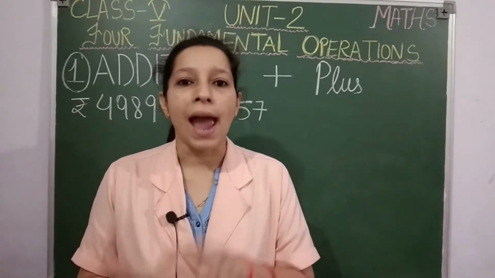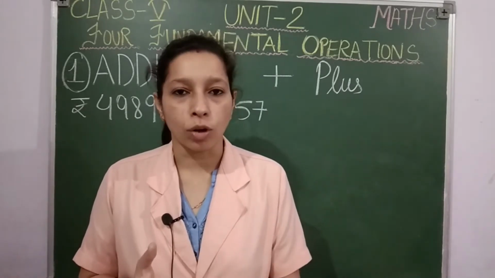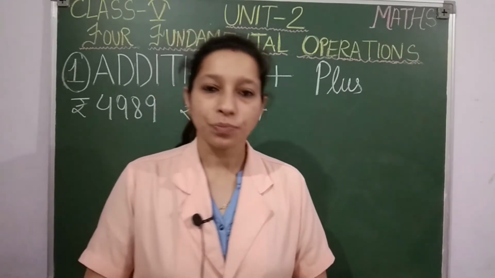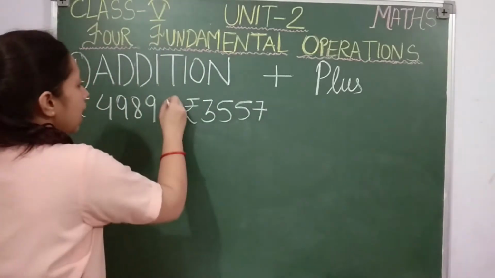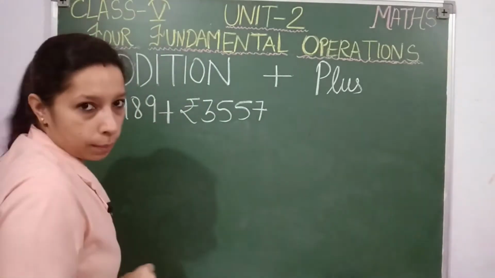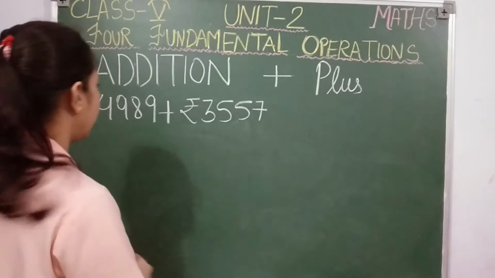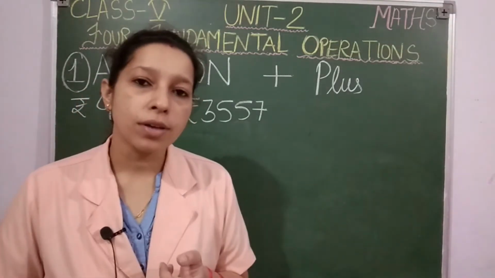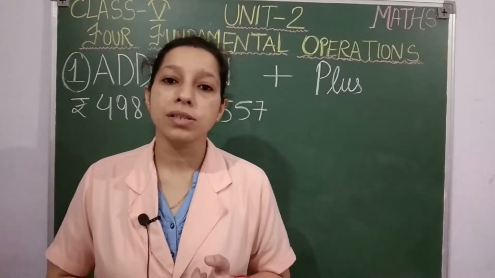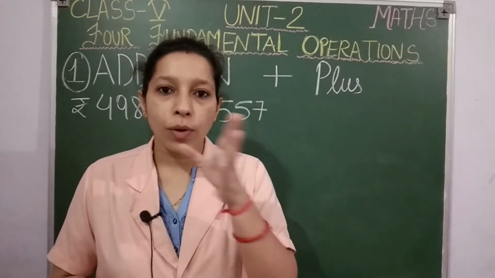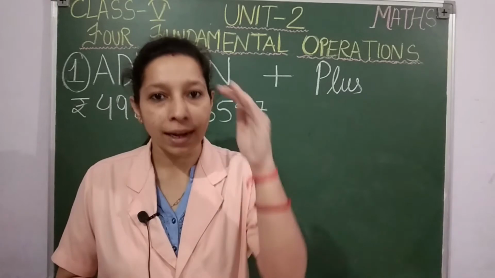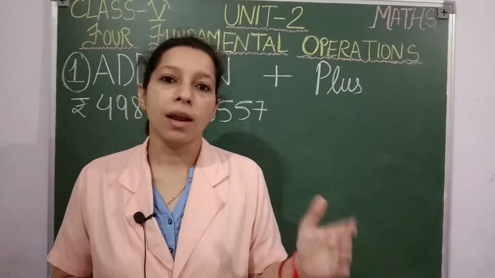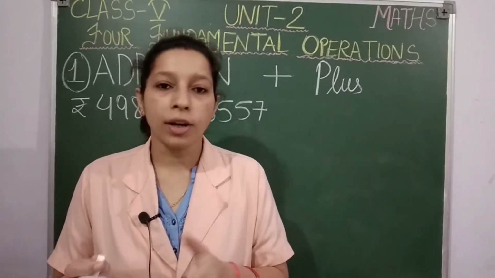So whenever we add two numbers, we will get the total of those two numbers. Clear? Okay, let us see again. So you will be adding these two amounts from your piggy bank. How to write these numbers? See, students, for addition, the first step is to arrange the numbers in columns. First you will write the place values, and below the place values you will write the numbers according to their place values.